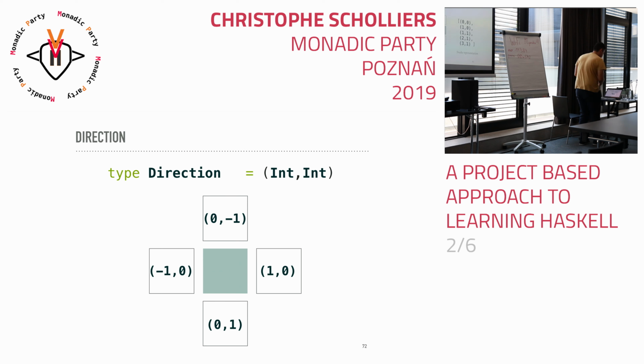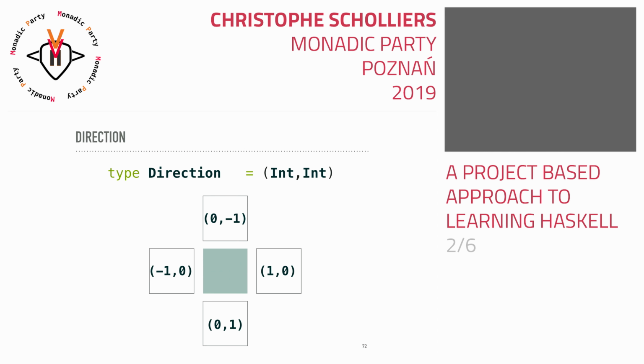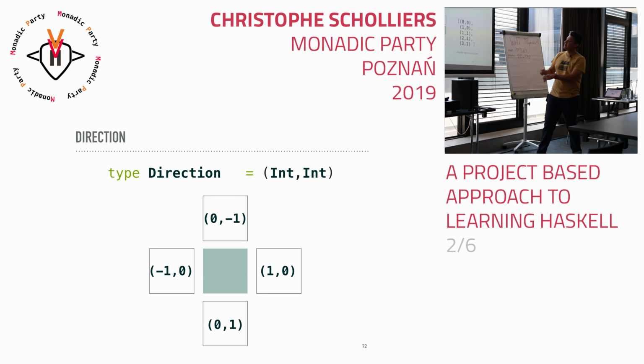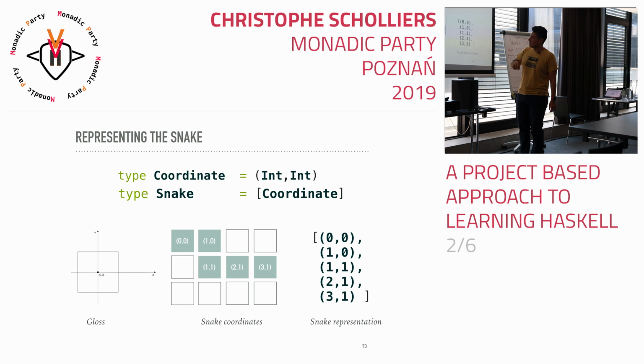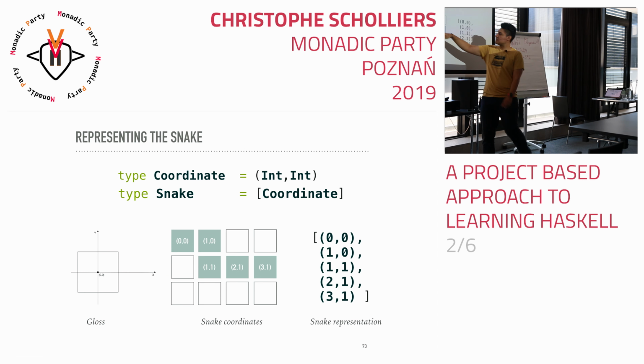Okay. And so if we have these coordinates and then we have a certain snake, then 0, 0 for our snake coordinate is going to be the top left one. Yeah. And so if we go to the right, we are at 1, 0, and so on. And so if we have this snake representation, we can have this representation, because a snake, it's a list